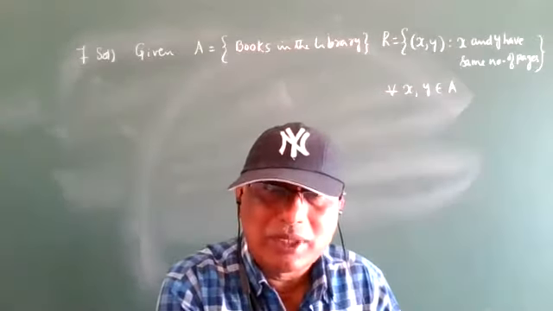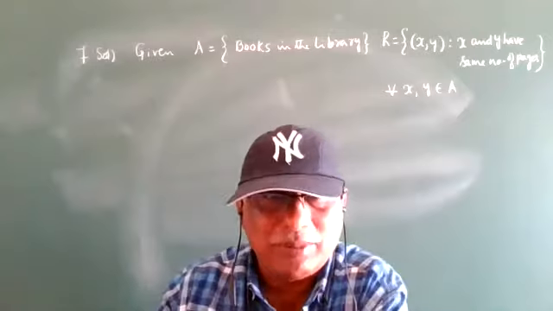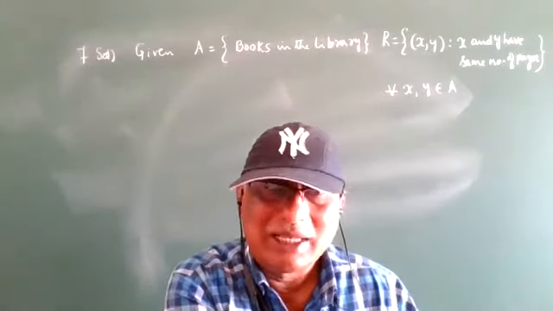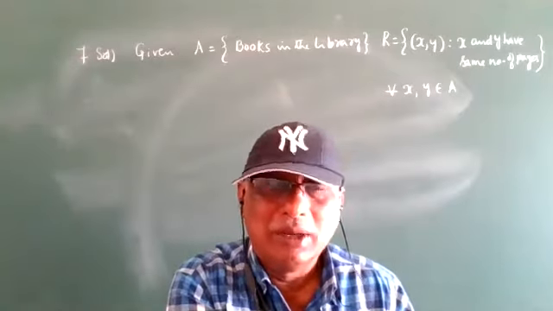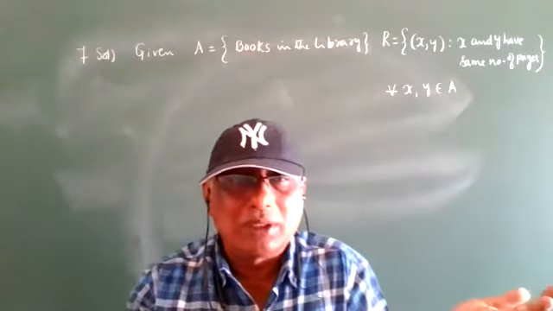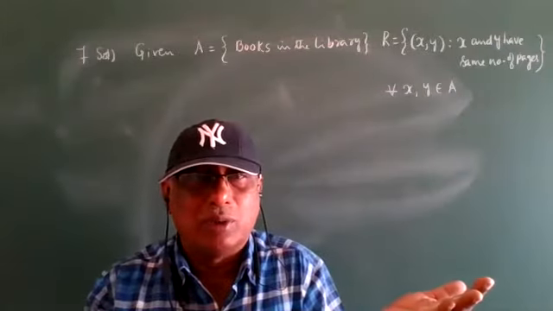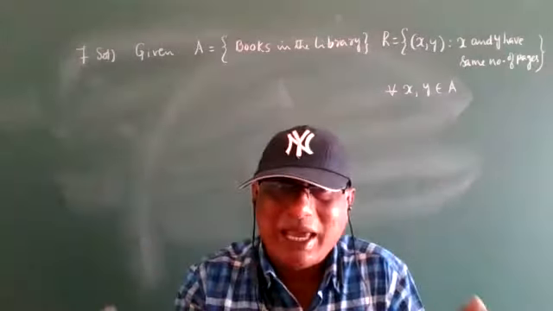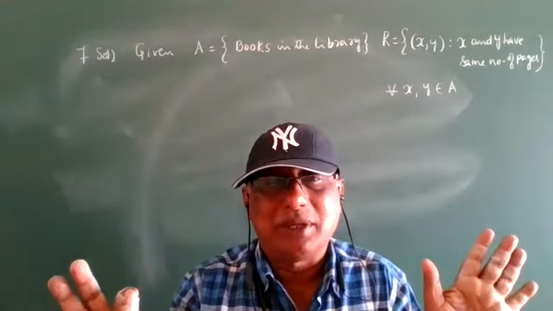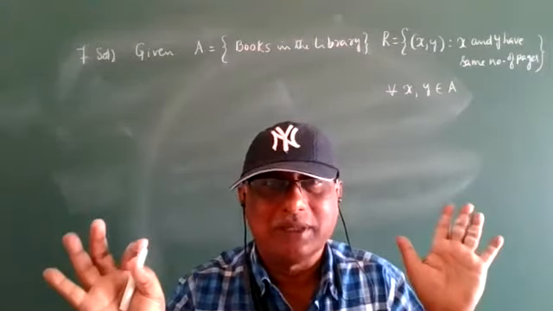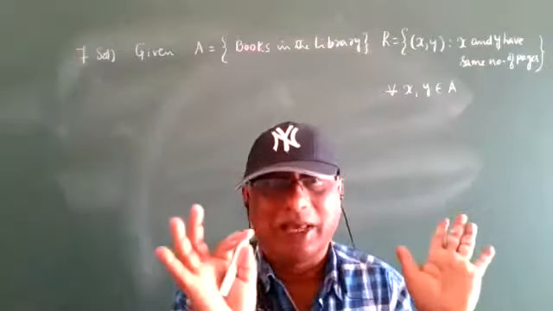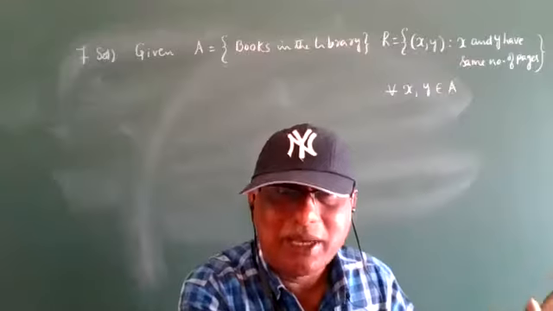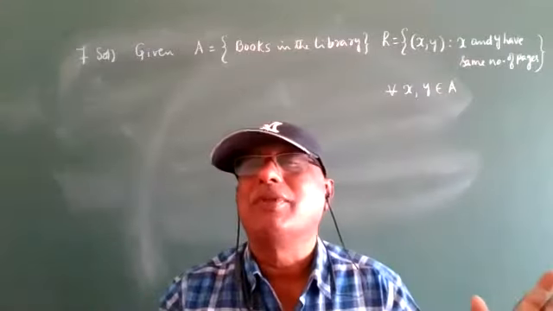So I will take one same mathematics book from one person, and from the second bench I will take the same mathematics book from the second person. Both are mathematics books. Therefore, do they have the same number of pages or different? The same book has the same number of pages. Therefore, it is reflexive.